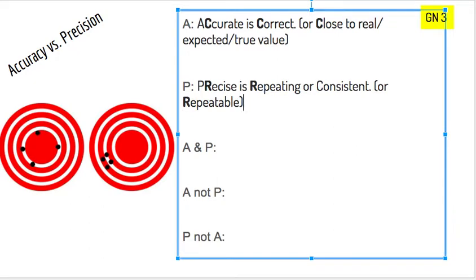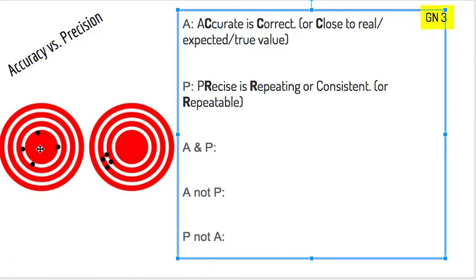So in your presentations, I'm seeing a lot of teams use accurate results without explaining why your results would be accurate versus precise. So let's use dartboards for an example. So the goal of darts is to hit the bullseye right in the center every time. So ideally you would be both accurate, close to the expected value, in this case the bullseye, and you would be precise, you would be consistent. Ideally you would have all 4 darts in the very center of this bullseye here. So let's analyze the results of these 2 dart